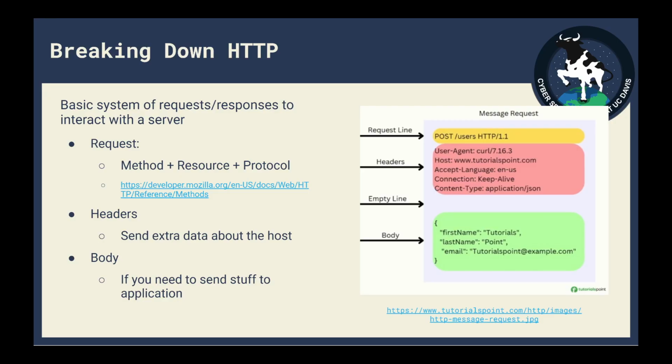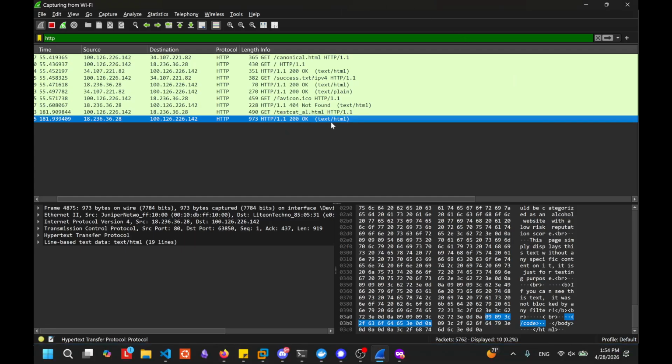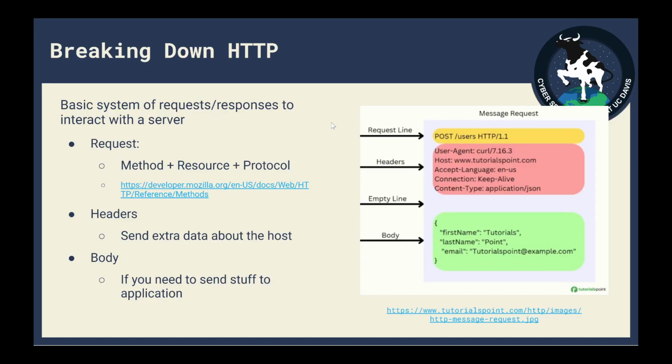What does a request look like? There's some text in all capitals. We saw GET earlier. This one has a POST. And then afterwards, that looks to be the specific thing we're trying to get, like users, or when we get testcat_al.html it seems to have that there. HTTP, some kind of protocol. And some headers. It tells who's getting it, the host, etc. So an HTTP request is how you specify what you exactly want to get.